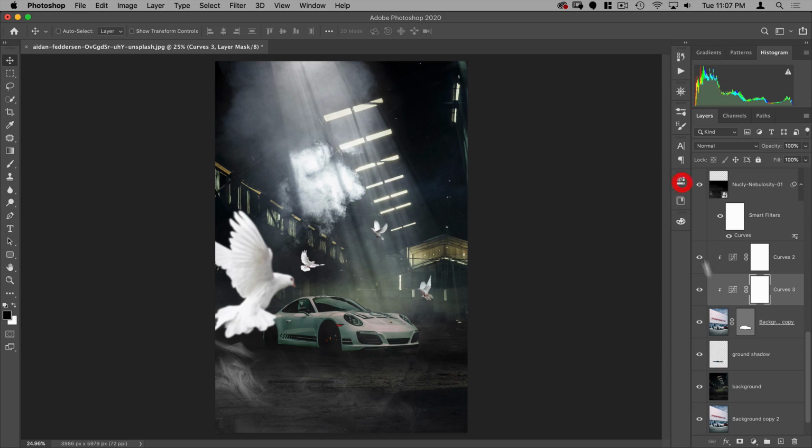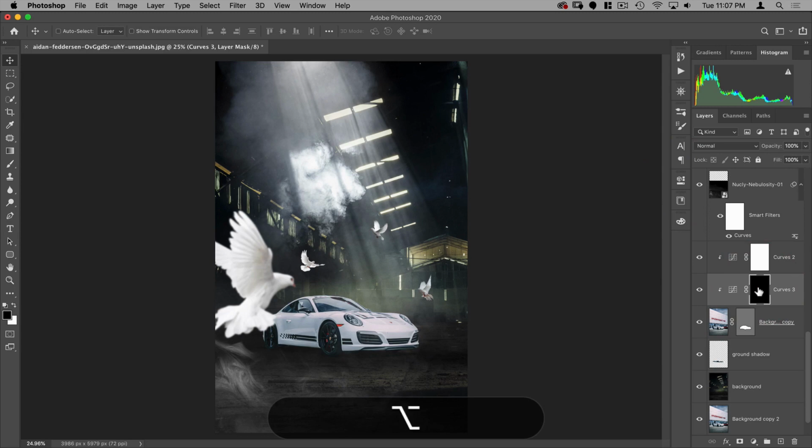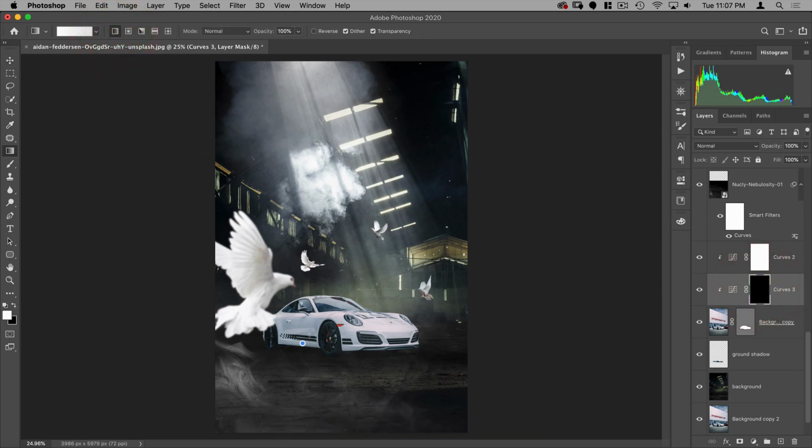All right, now I'm going to fill in this entire mask with black and then use a linear gradient of white, and just kind of go up from here and go up from the bottom of the car. So again, I'm just focusing the shadow on this area so that where the light's coming down, you do see that nice light. So that looks pretty nice.